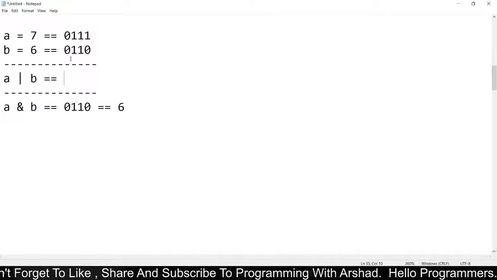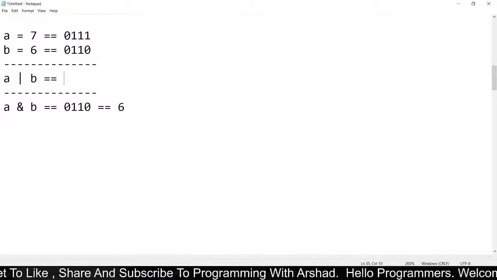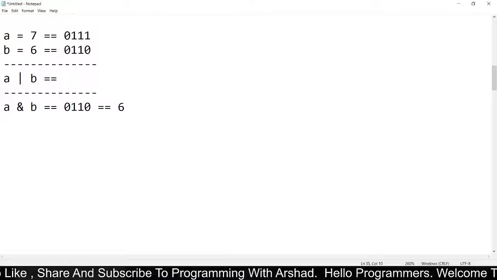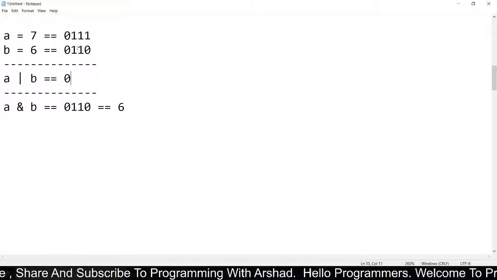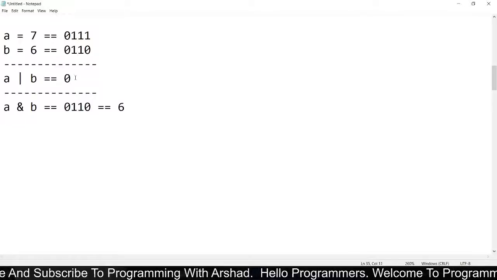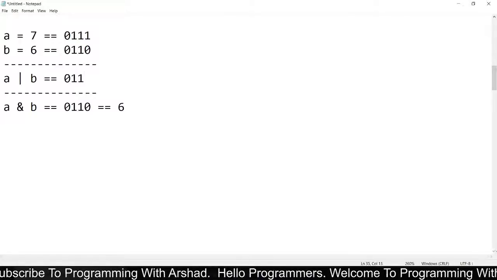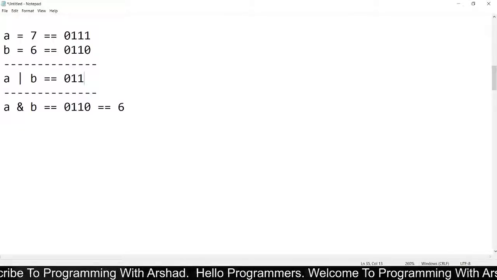So in our first case both the bits are 0, so we will get 0 here. In our second case both the bits are 1, so we will get 1. In our third case also both the bits are 1, so we will again get 1. In our last case, one bit is 1 and the other bit is 0.